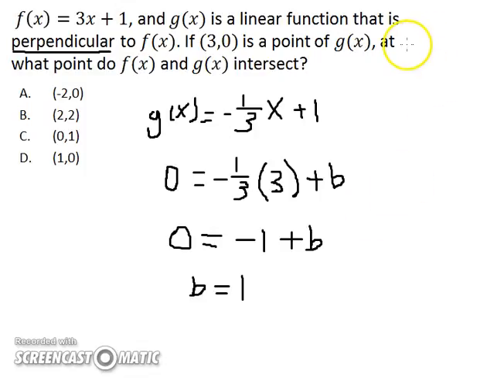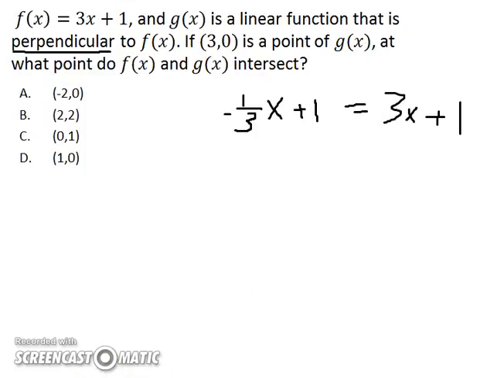And now the question is, at what point do f of x and g of x intersect? And the answer you can get by setting the two equations equal to each other. So negative 1/3 x plus 1, and set that equal to 3x plus 1. So I'm going to get rid of some of this other stuff so we have a little more room to work. Okay, now to solve for x,